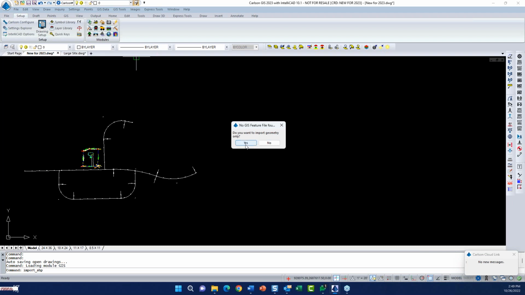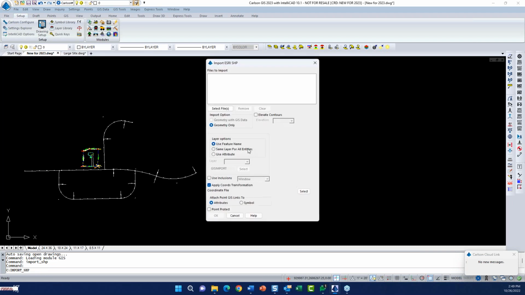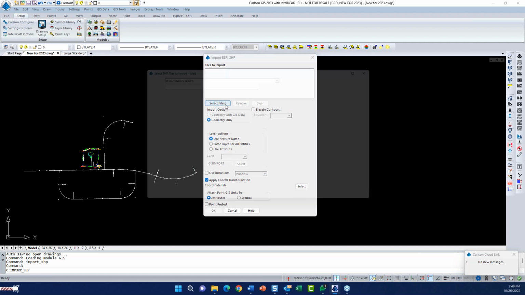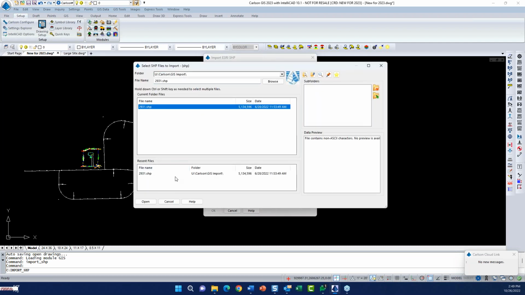If I say no, it's going to say, well, wait a minute, you don't have a GIS feature file and you don't have a database. So if I say I just want to import geometry, I bounce to here, and you can see it's on geometry only. I can't click geometry with GIS data. So if I go to select a file, and I happen to have a shape file that's got contours in it,